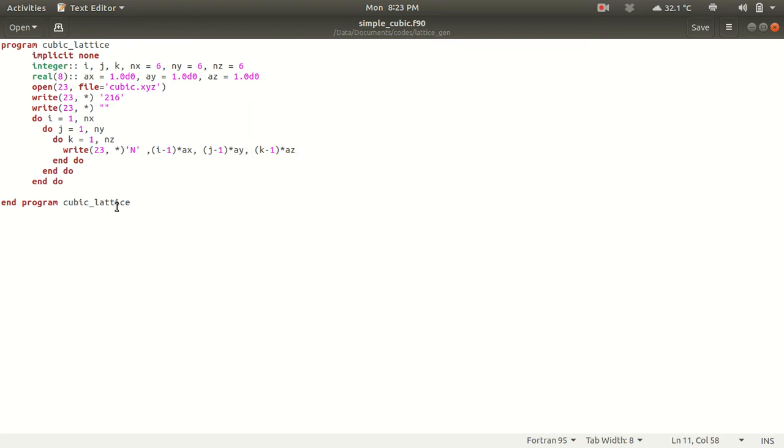Hello everyone. So last time I described the theory of molecular dynamics and how to do a simulation using molecular dynamics. I also described how to initialize the position of the particles, and I showed you how to generate a square lattice initialization, which is in 2D. So when you are doing a 2D simulation, you will need this square lattice initialization when you initialize your system.